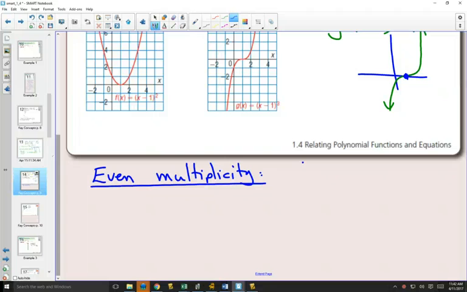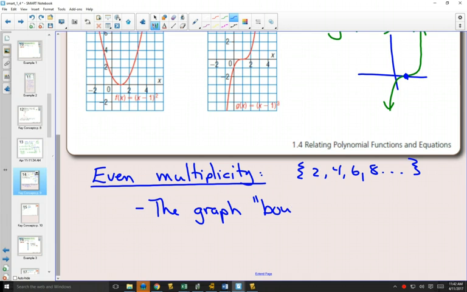In other words, something like 2, 4, 6, 8, and so on. When your multiplicity is even, what happens on the graph? And these are not mathematical terms, it's just describing what happens. The graph bounces